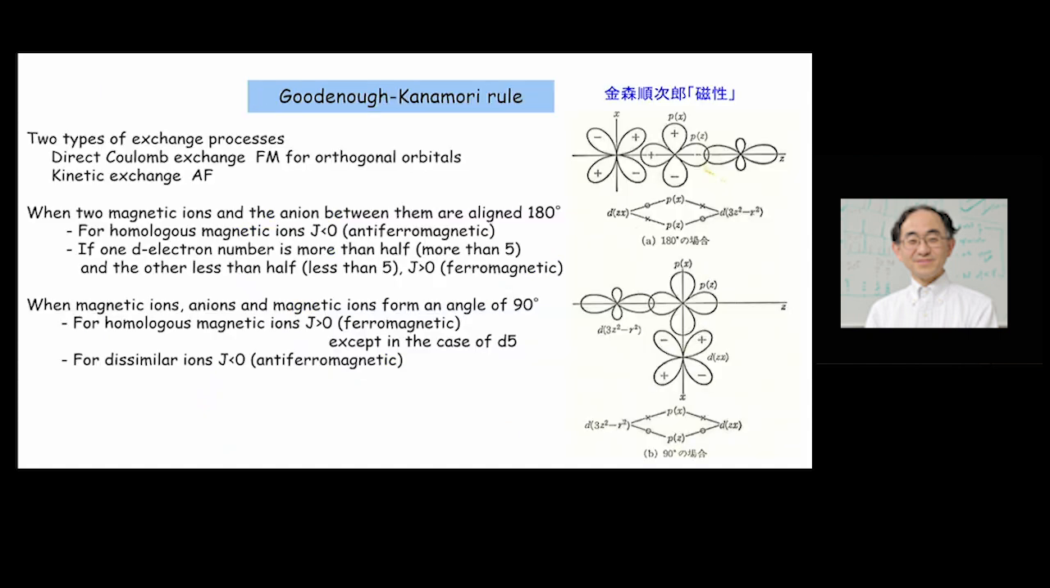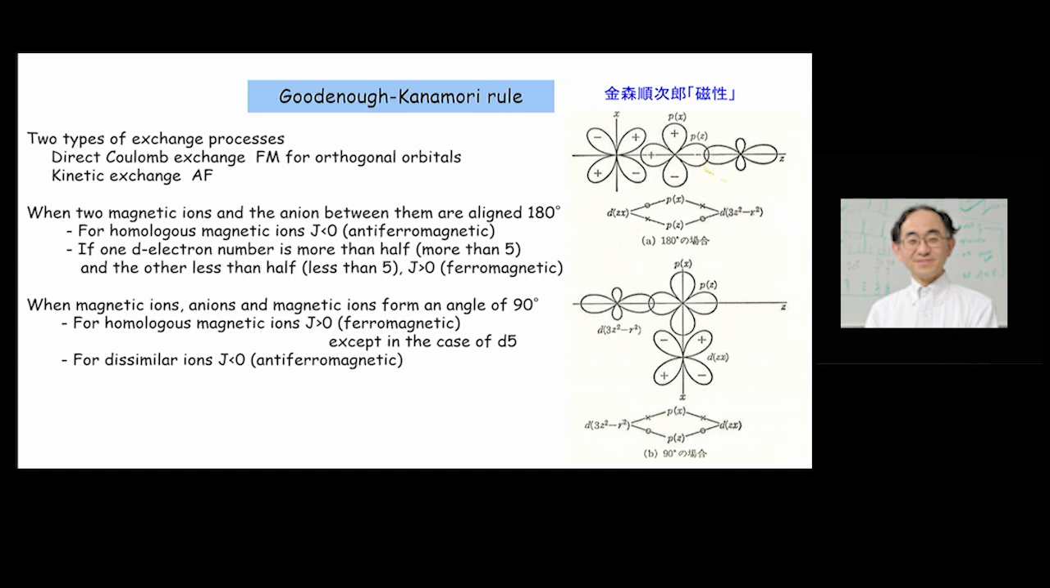Okay, now back to the insulating systems. There is a famous Goodenough-Kanamori rule to determine the sign of the exchange coupling. Basically, you have two mechanisms for the exchange process. First, I mentioned Hund's rule for the single atom. But even for nearest neighbor atoms, the Coulombic exchange energy between the two orbitals becomes ferromagnetic